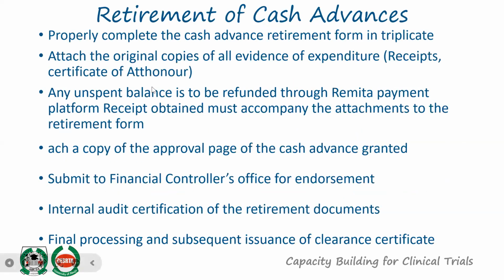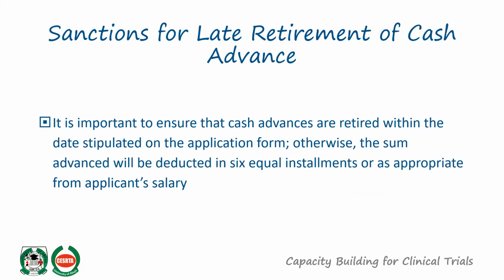So the cash advance continues. For the cash advance also, there's a way we do the retirement, that is all the receipts, because you have taken the money in advance, and at the same time, you need to return the receipts, which must be cited by the auditors, so that we know it's not only done by the principal investigator